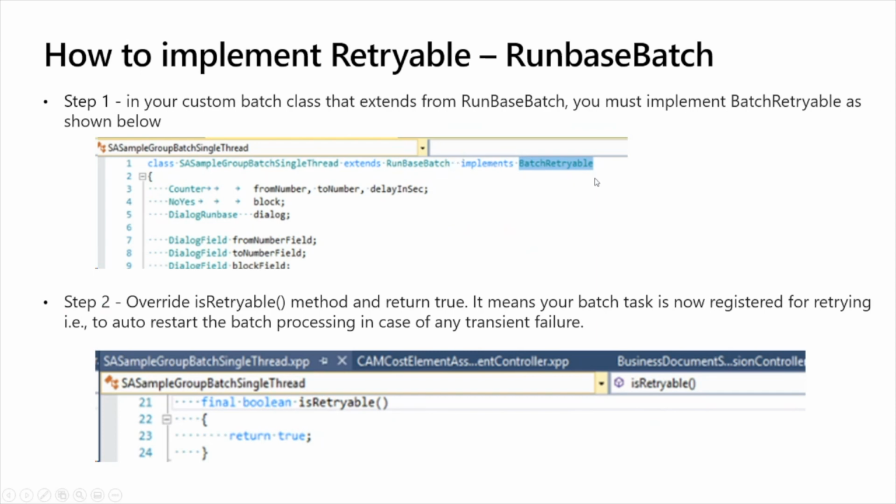What you need to add is to implement batch retriable. That's the change you need to do on your existing classes, or if you're writing a new class for the batch. The next thing, in step 2, is to override that method, each retriable, and set it to true. Once you do that, your class is registered for retrying. So in case any SQL transient connection failure happens, your batch job is going to retry and restart.